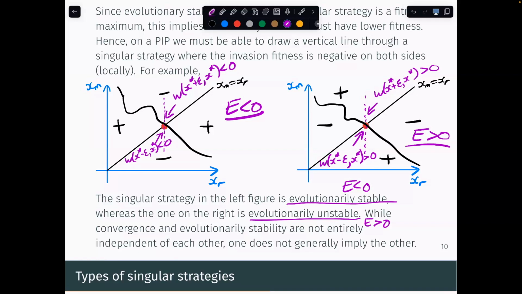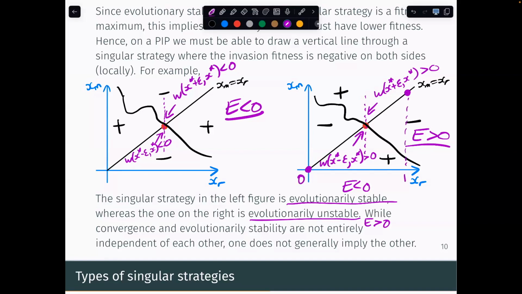Let's do something like sex ratio. What proportion of your gametes do you produce that are going to be male or female, essentially. That has a minimum of 0 and a maximum of 1, right? So it's bounded. In this scenario here, if these were our boundaries of 0 and 1,